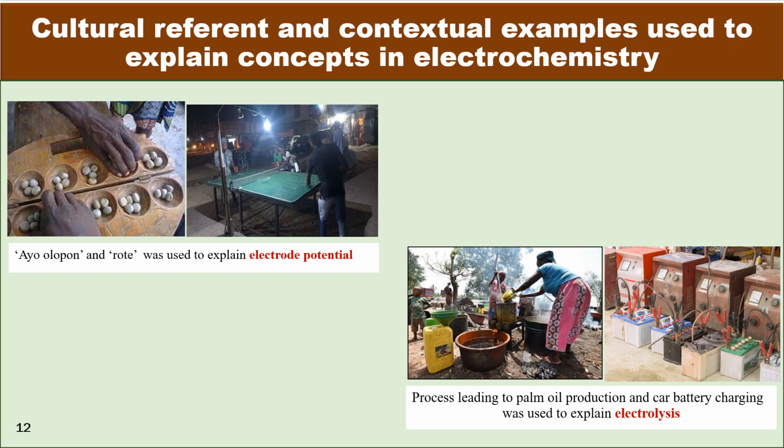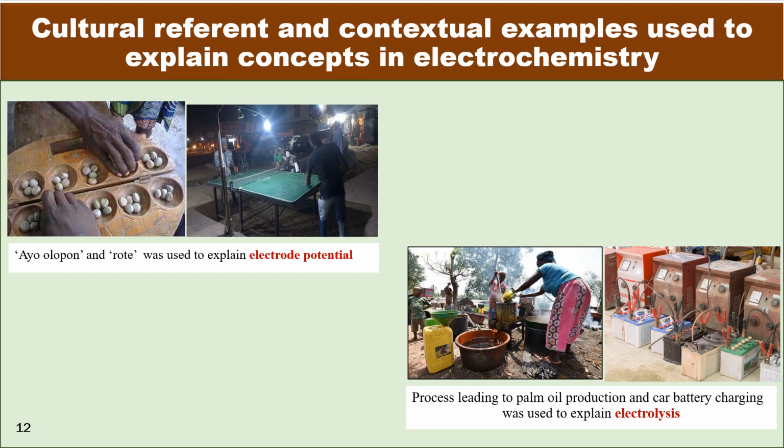Here is an example of cultural reference that have been used to explain electrochemistry in one of our studies. This is Ayolokpon, where the teacher used Ayolokpon, or the regular rotative tennis, to explain electric potential, and the process of making palm oil was also used to explain electrolysis. When we teach this way, we are bringing culture into the classroom. We are bringing culture into STEM learning,